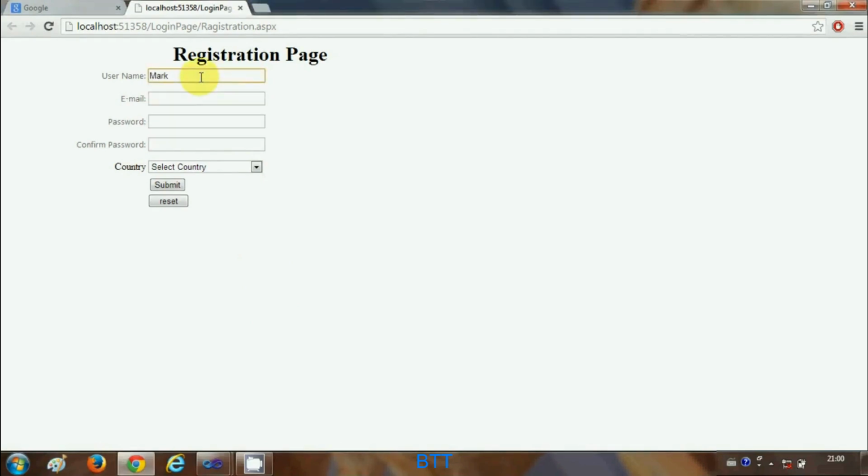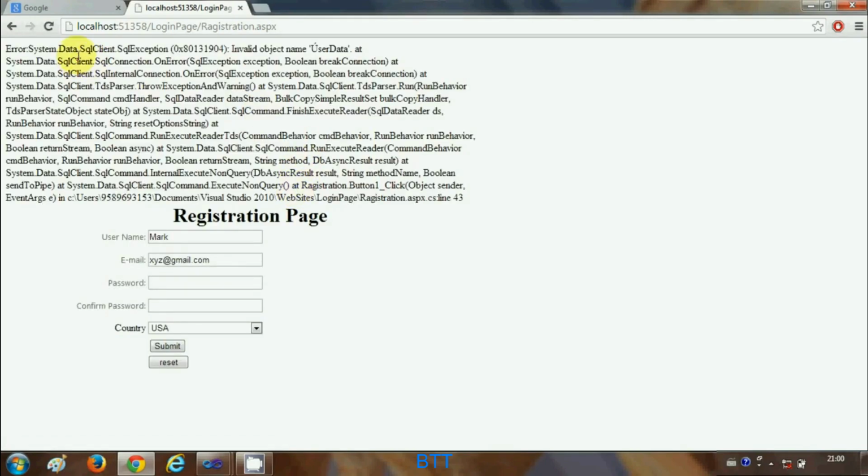So let's create a new user. So write mark, which is the new user, and then email ID xyz@gmail.com is okay for now. Password 12345, confirm password 12345, select the country USA for example, and I say submit,